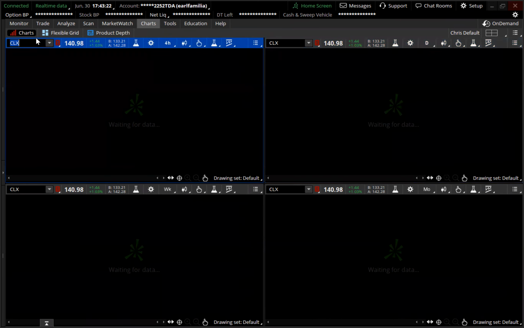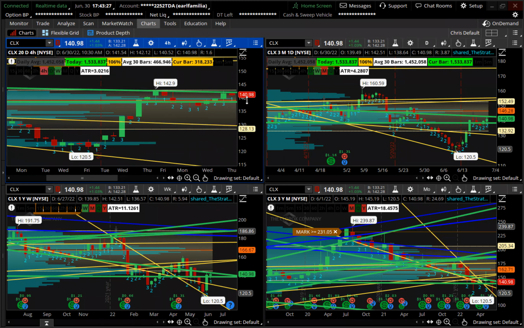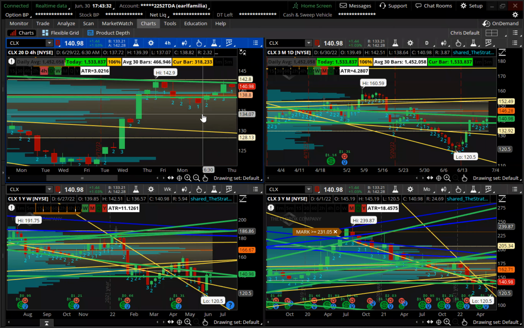CLX, going to go right back here to CLX. This one has its head at the top of a BF. You see what's happened the last time it got to this BF. So we'll have to monitor that, but your entry levels, if it does go to the downside, it's just going to ping pong. So you got entry to the upside above 142.12, but also to the low side, you got entry below 140.52.